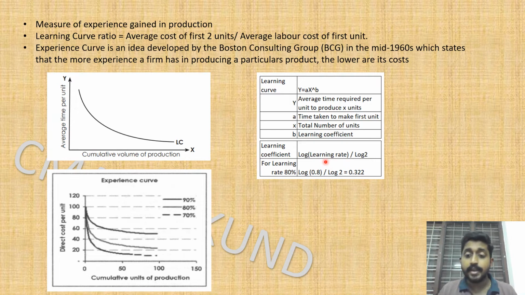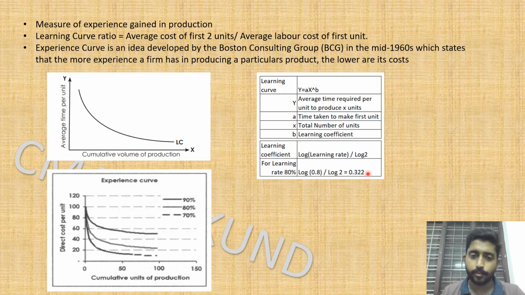We will come to that later. In today's problem we have one such example, and I will discuss it in more detail there. So for an 80% learning rate, 0.8 will be substituted here. So log 0.8 divided by log 2 is equal to 0.322. So students, this is the formula. If you know how to use the log table, well and good. If you do not use the log table, just know this value. For an 80% learning rate, the value of B is 0.322. This is a very important thing that you have to remember